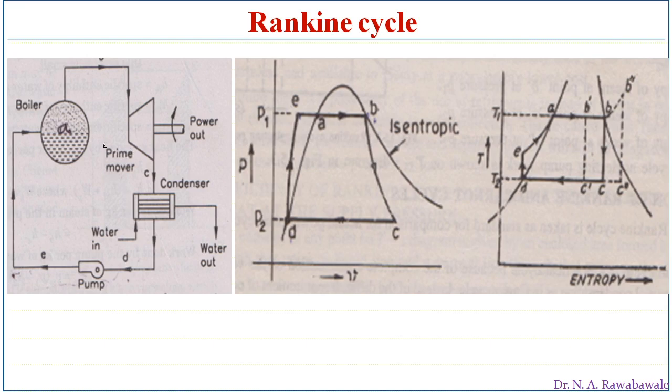So let us consider this as a boiler, and in this boiler we assume that the water inside the boiler is saturated water. This saturated water is at state A. The saturated water is represented on the TS diagram at point A. At point A, the state of working substance is a saturated liquid at a higher temperature, that is the temperature of the boiler, T1. So the water is at saturated condition.